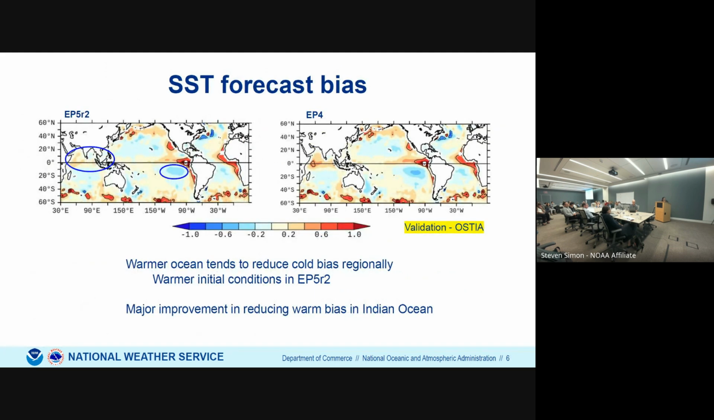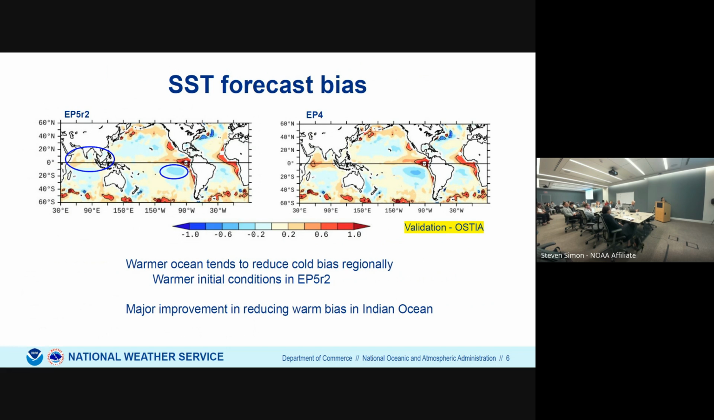So starting with looking at the week 3 and 4 forecast biases, the SST biases from EP5R2 on the left and the biases from EP4 on the right. Basically, both bias patterns are retained in both prototypes, and that includes the warm coastal boundary bias, the equatorial warm bias, and this cold bias just south of the equator in both the Pacific